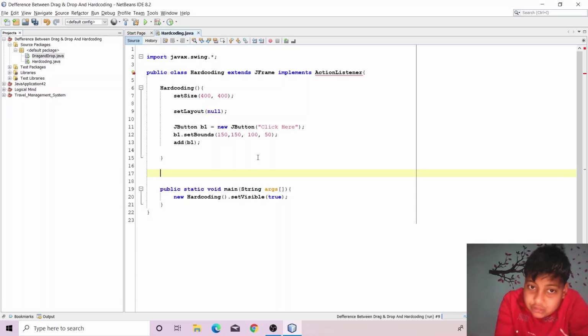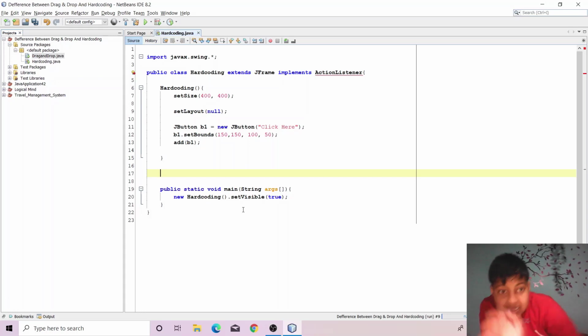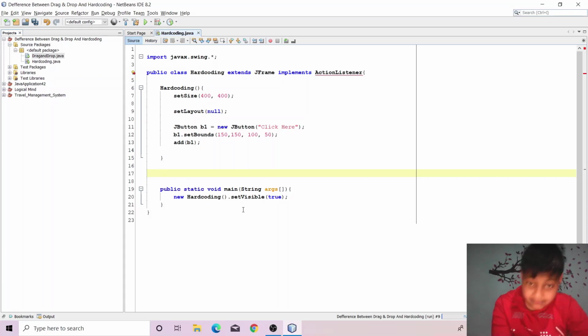Now it's again showing an error because in this interface there is an abstract method known as actionPerformed, the same method that we saw in the drag and drop JFrame form. That method is an abstract method of ActionListener. So now here we just have to override that method.